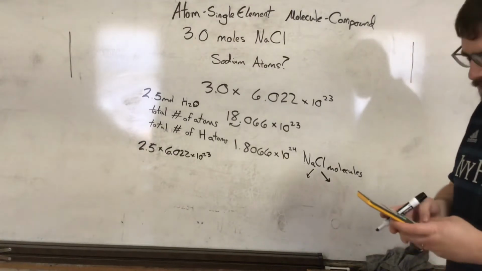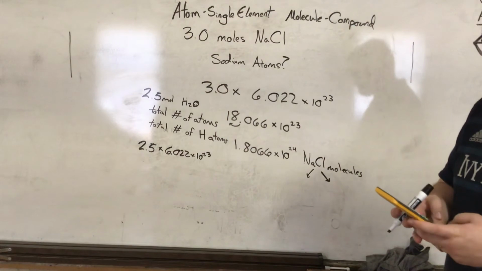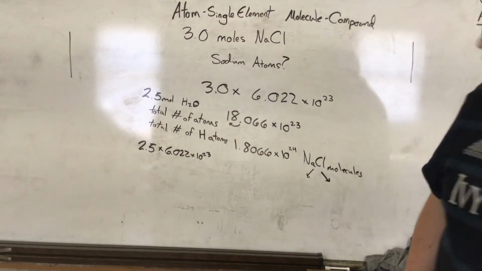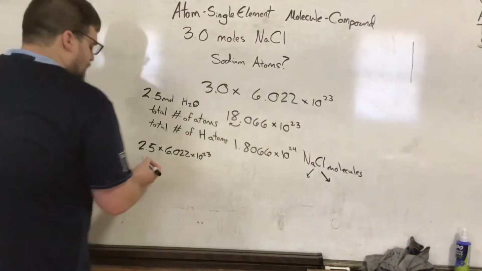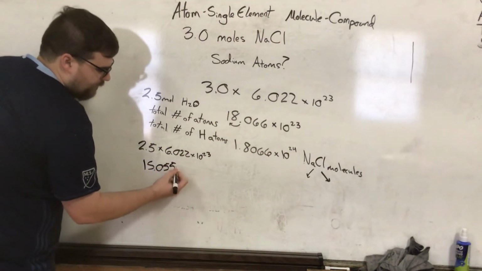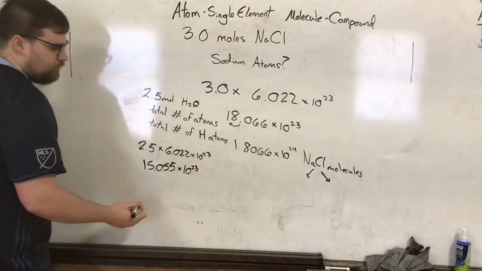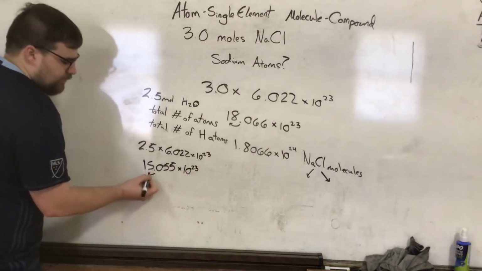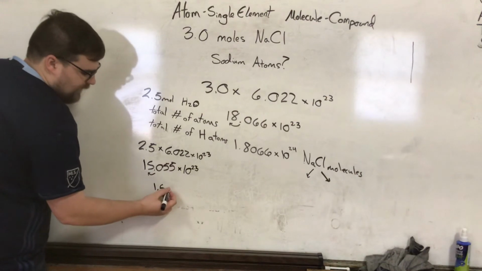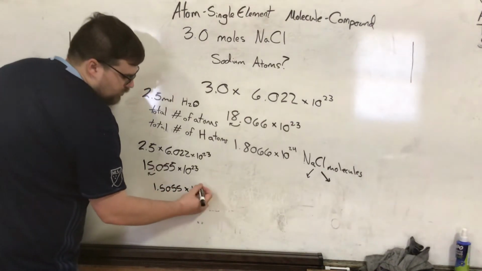That is, let's see, 2.5 times 6.022, 15.055. So we have 15.055 times 10 to the 23rd. I'm going to move that decimal over to be 1.5055 times 10 to the 24th